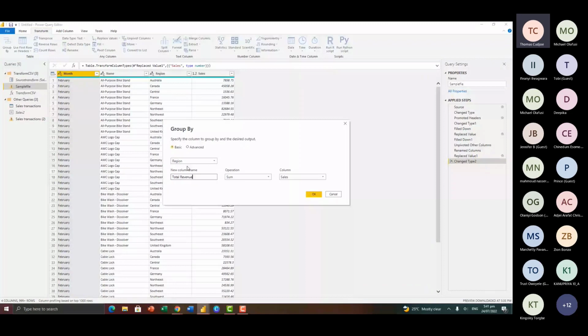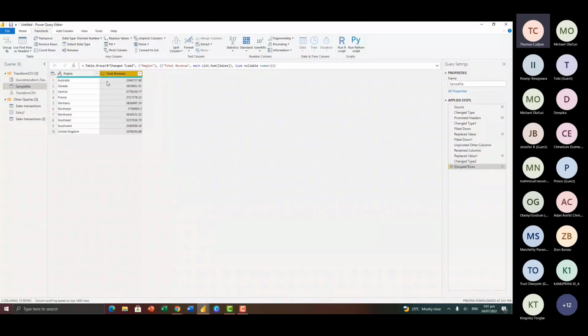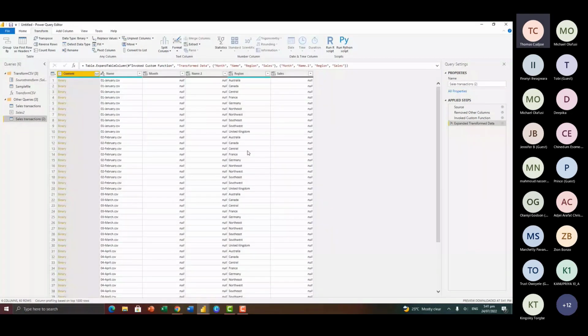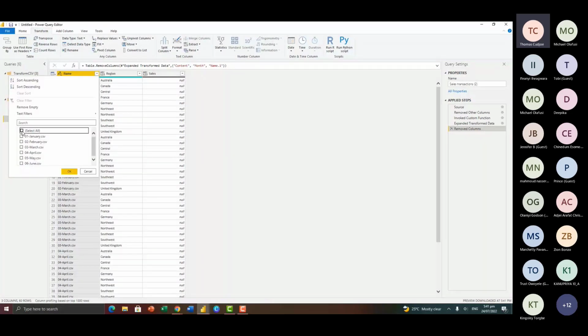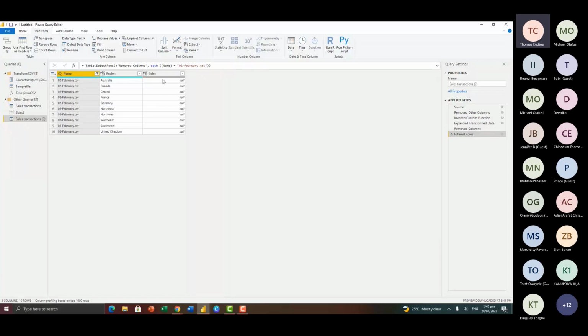Now let's go back to the transformed one. And if you take a look at this, you see that this also has the aggregation. And it means these columns are going to be blank. So we can remove all of them, and then you can see it here. So let's remove the other columns. So I'm going to remove this, and then remove the month and then the name. And now if you take a look at this, if you click on the drop down and maybe you pick February, you see the aggregate for February. So here we don't have anything here.